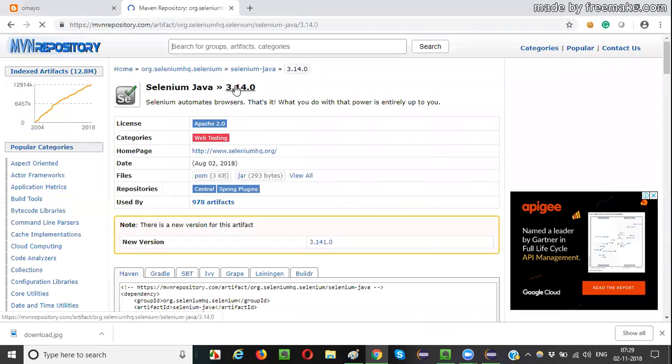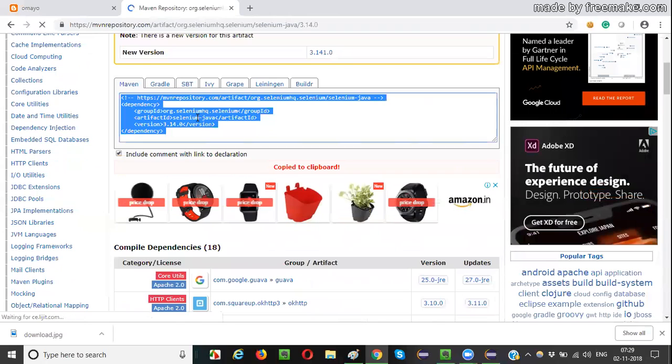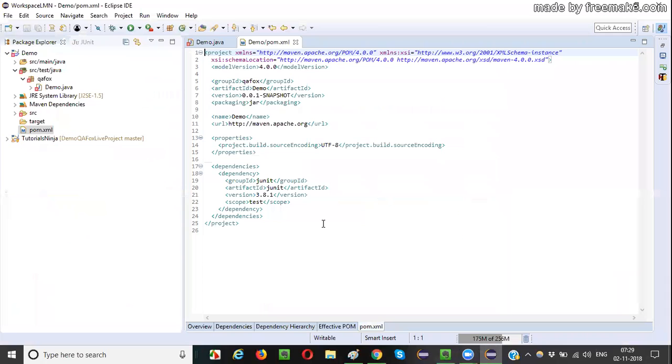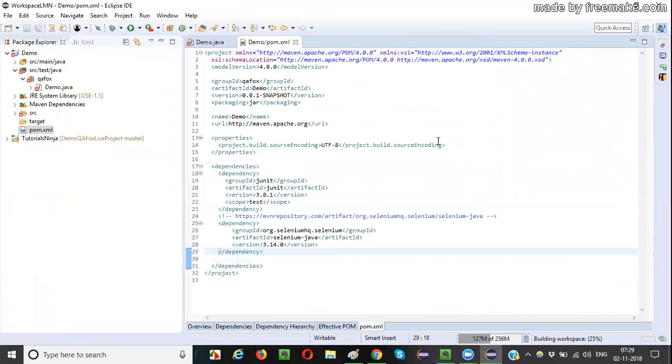I will prefer 3.14 for now. I don't want to experiment. Copy this, and paste the dependency tags for 3.14 here. Save it. Selenium jar files will get downloaded under Maven dependencies and configured automatically.